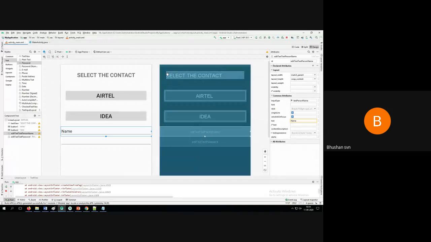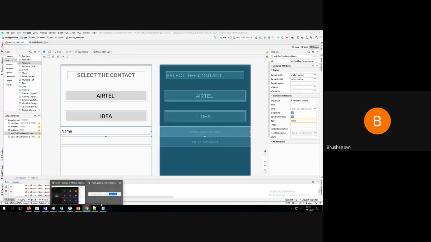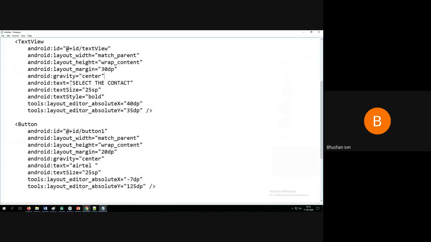The hand cursor, I think you are able to see. So this is called 30 dp. It will give you exactly the position from where it has to start. So basically it gives you information where it has to start, then what is the margin it has to leave, and where I need to place that specific component, the text view.